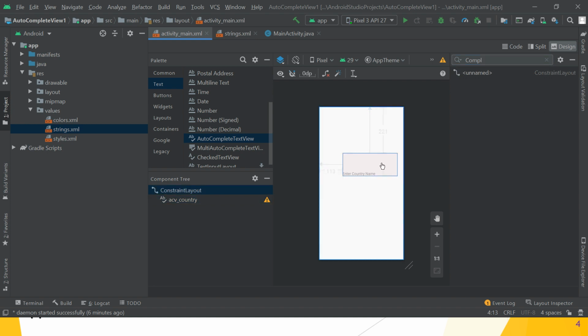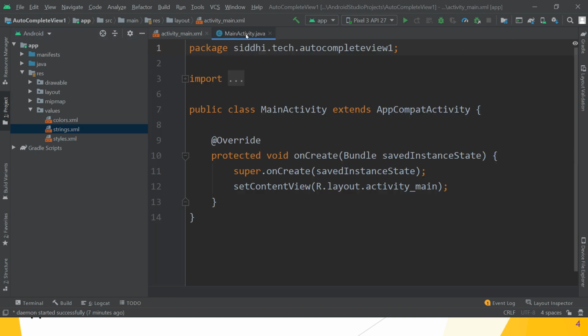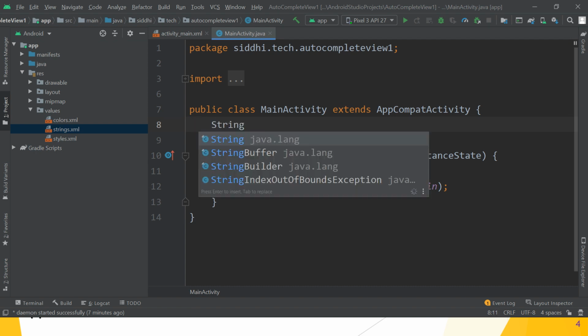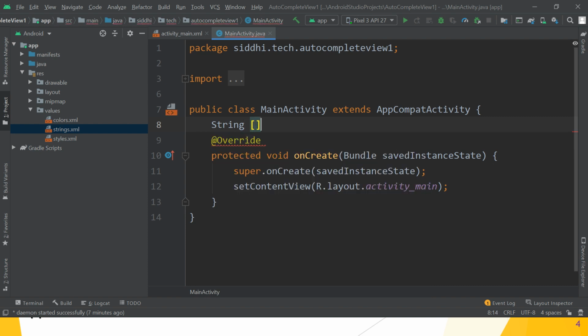Next, what do we have to do? We have to first go into MainActivity.java. In that, first create an array of string, and give the name countries, is equal to, and assign the values.